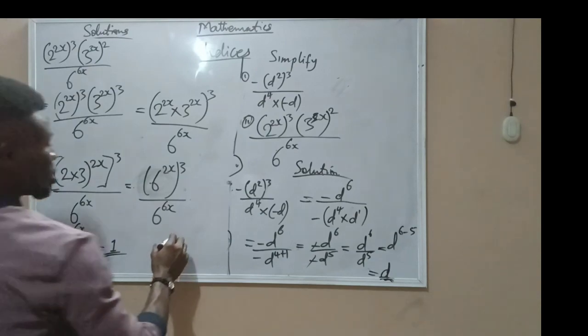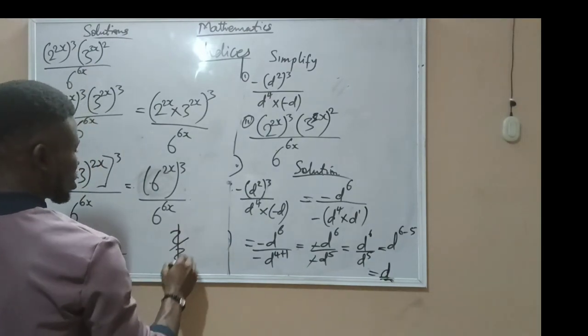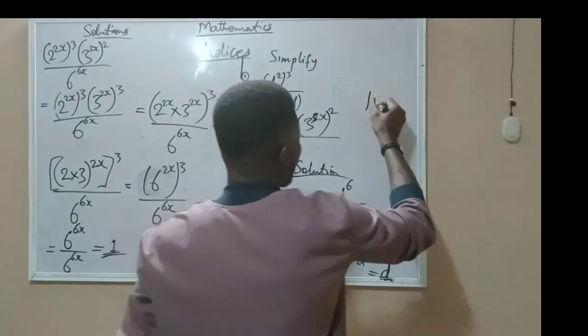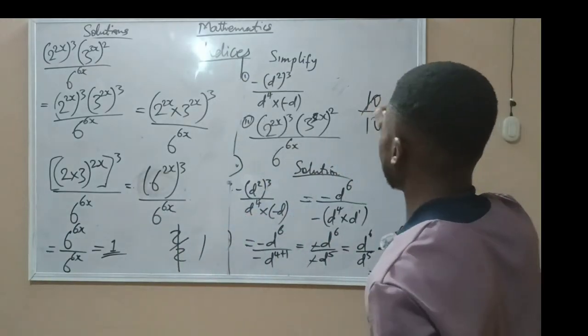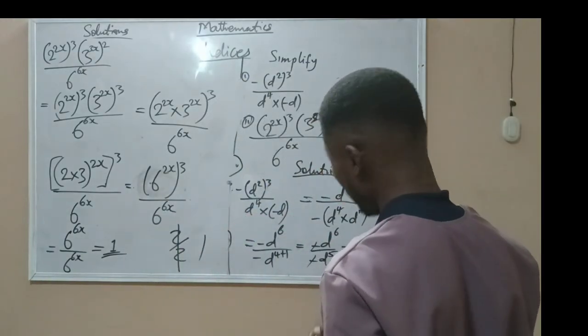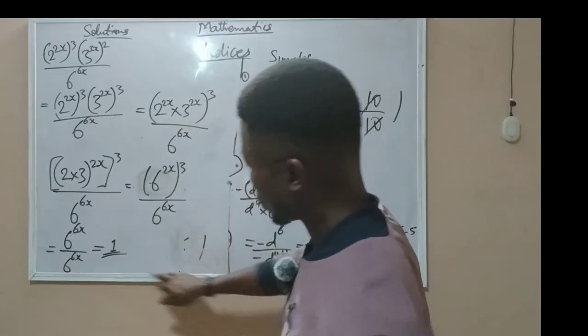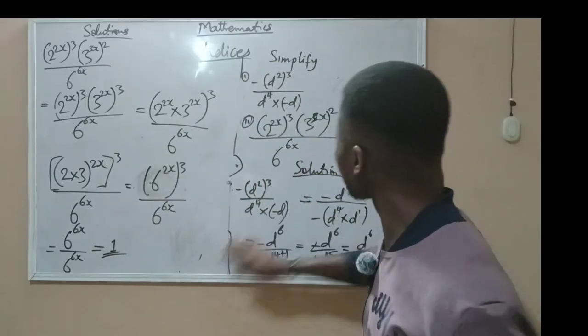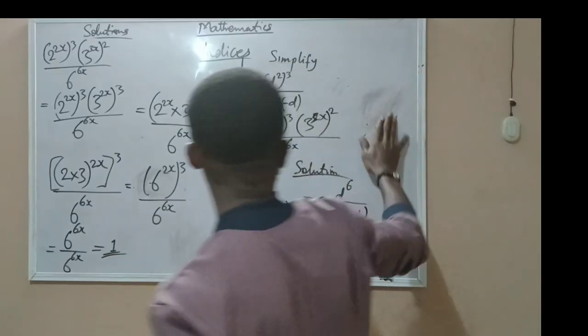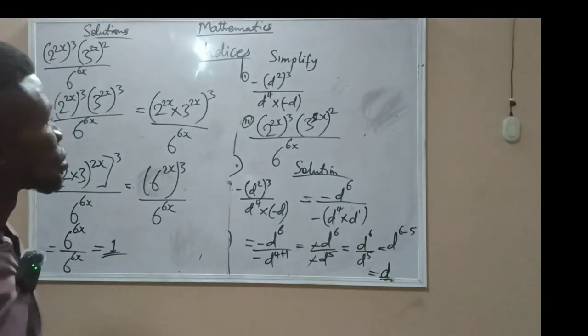Just like saying 2 over 2, or 10 over 10. When 10 divides 10, we get 1. So that is the same thing here. So that's it for